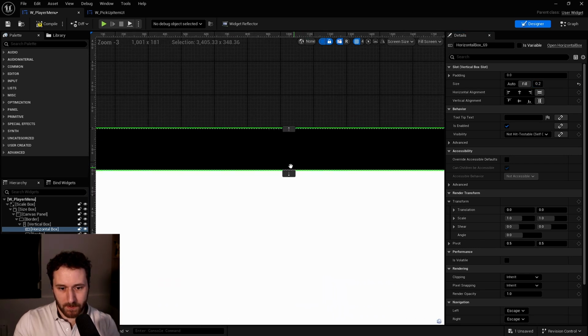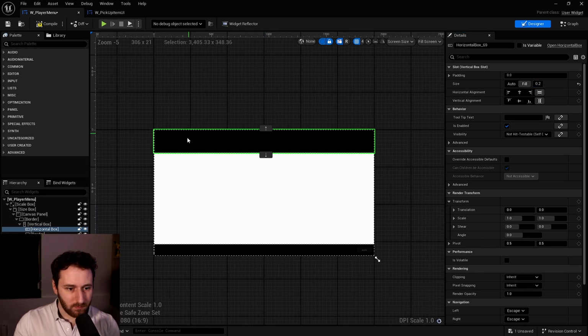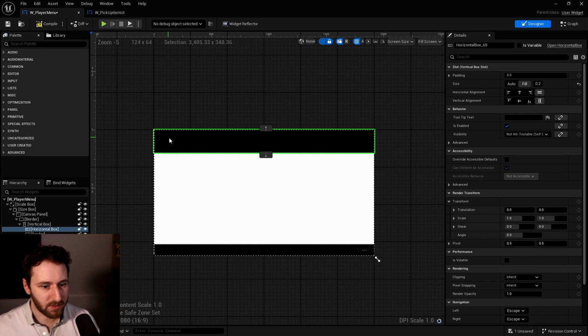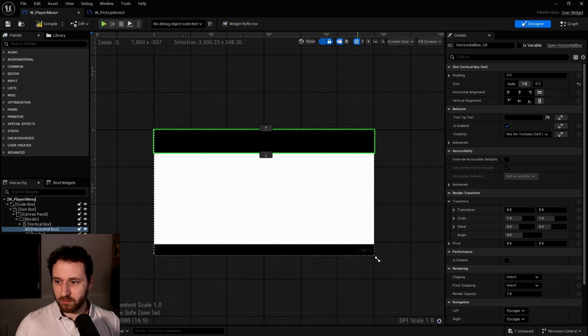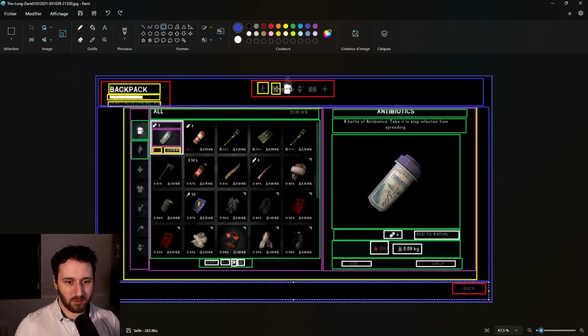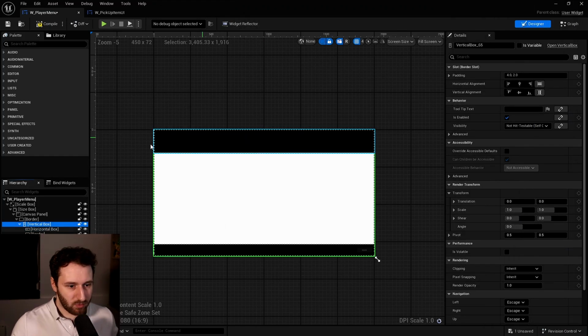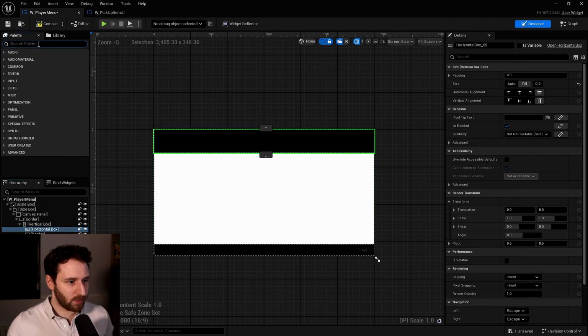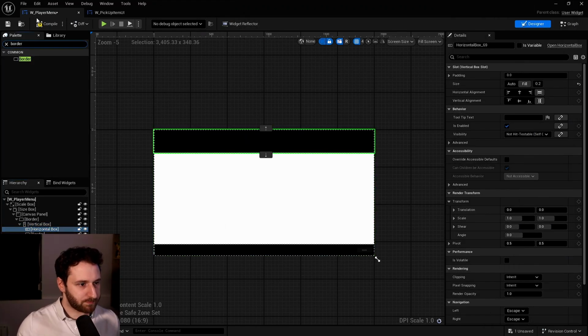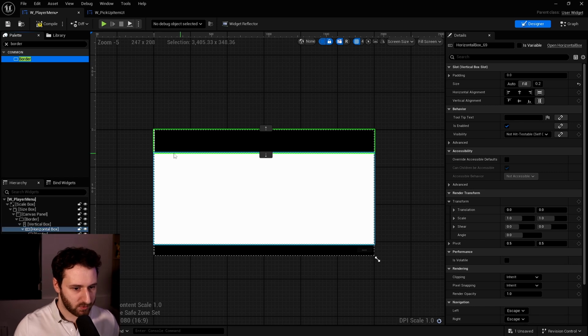Okay. And we need to add one component in here, which should be the name of the menu that we have clicked on. So it should be crafting, clothing, or the inventory. So if it's the inventory, it should be backpack with the size of the backpack. So we'll make that. So into our horizontal box, this one we will add. We'll go with border for now. We'll not create them right now. We just create the size.